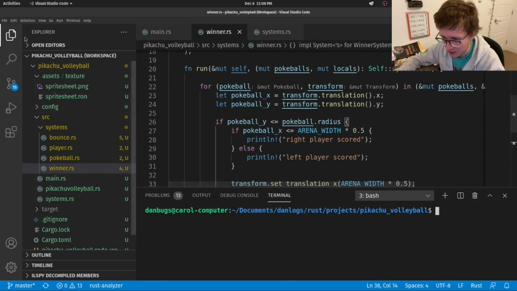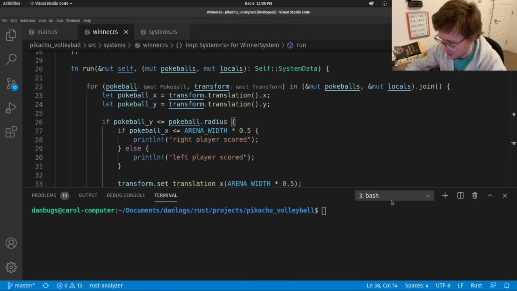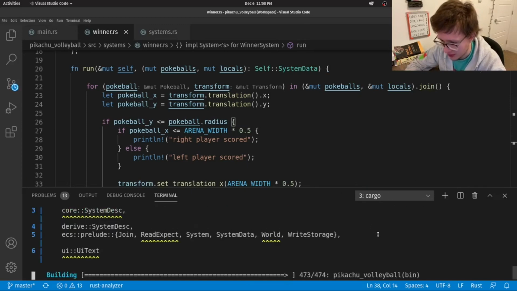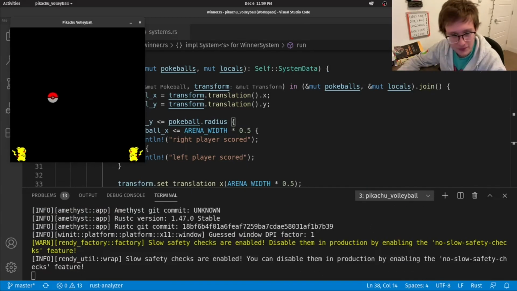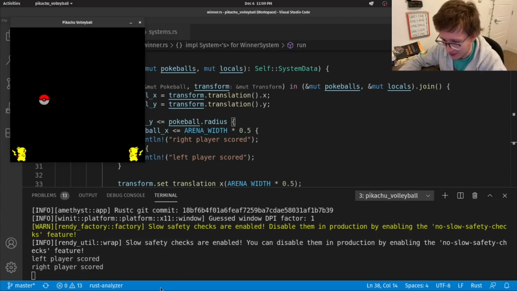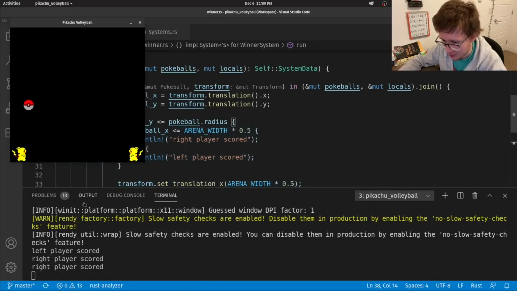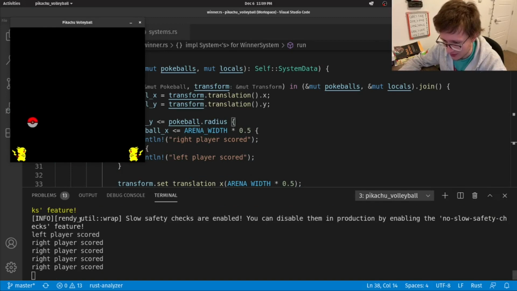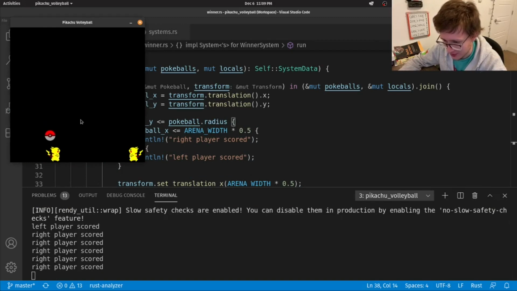Let's open our terminal. Let's close this and do a good old cargo run. Don't think we have any errors, so I'll be right back. Alright, the game has started again, and oh, there we go. The ball just hit the ground, so we see that left player scored, then right. Let's try and avoid that. Better with this one. Now let's try and score a point for left. Well, left has been very unlucky with these RNGs.